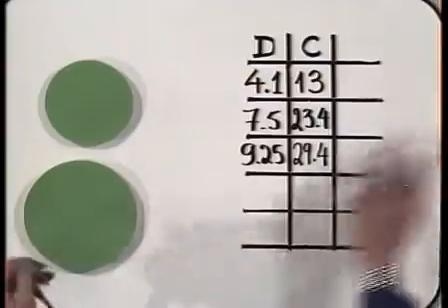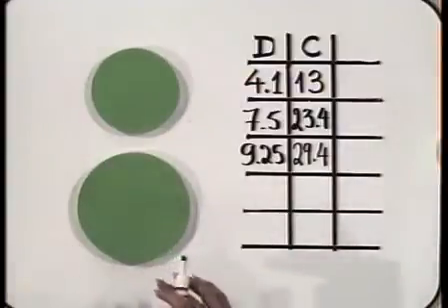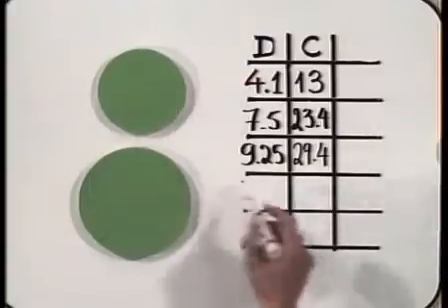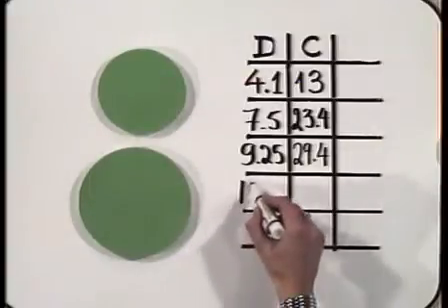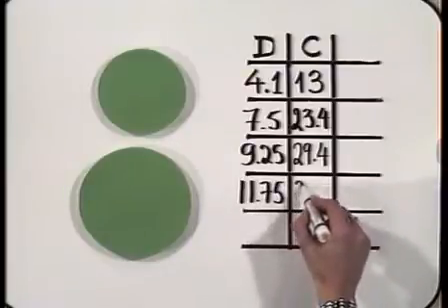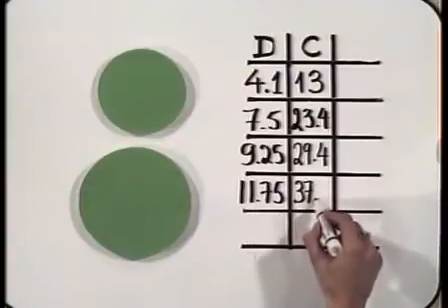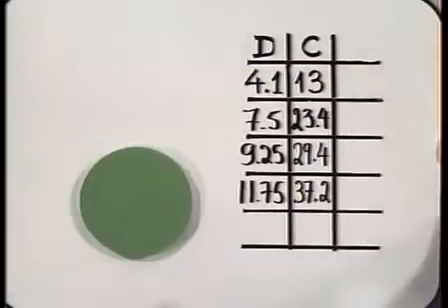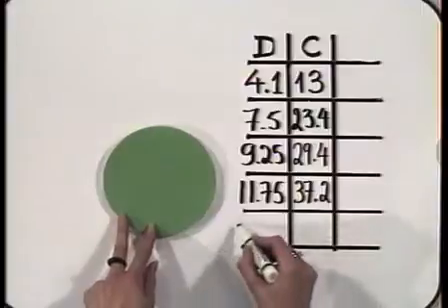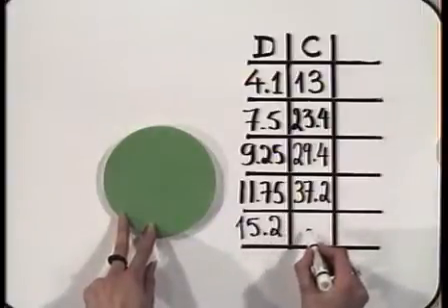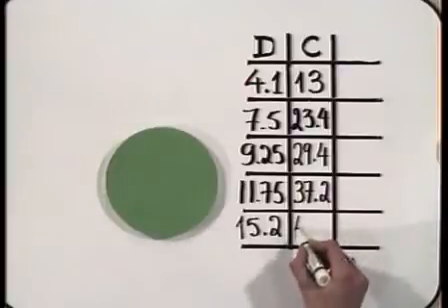That leaves us with 2 more. In the interest of time, I've already pre-measured them. The fourth one has a diameter of 11.75 and its circumference is 37.2. And the last one has a diameter of 15.2 centimeters with a circumference of